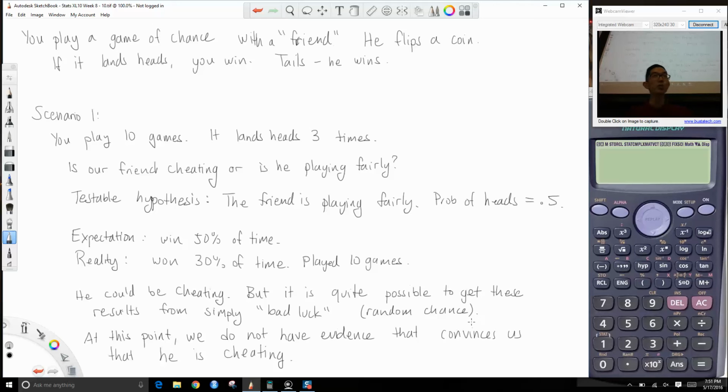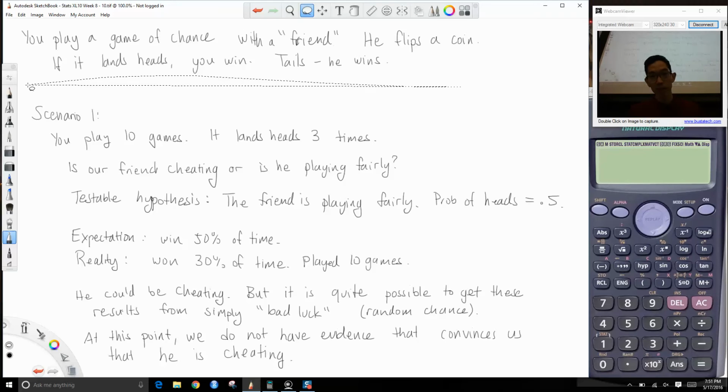It doesn't prove that he's playing fair, but we don't have any evidence that convinces us that he's cheating. Okay, is this a fair statement? Do we agree with this line of thinking right here? Okay, so let's